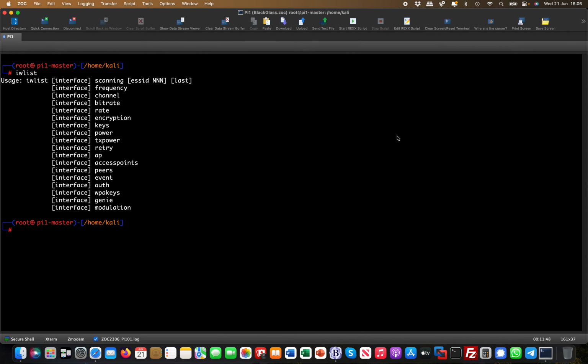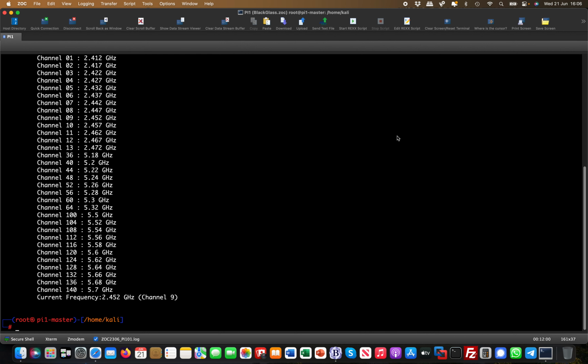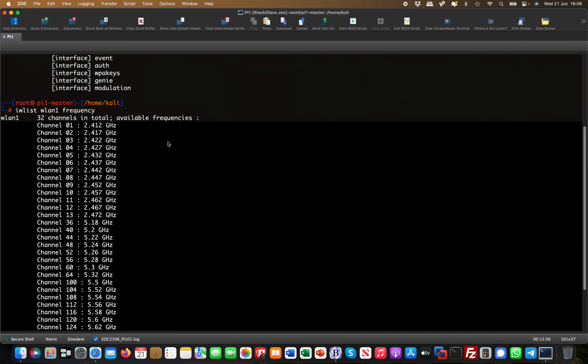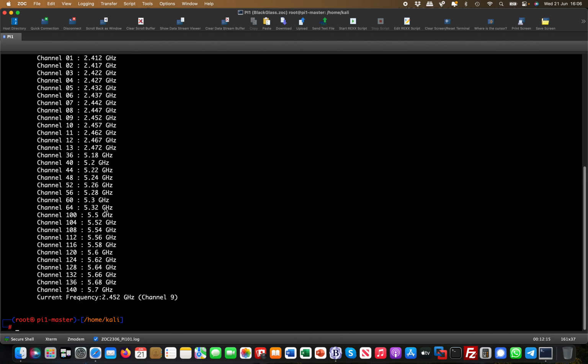So you can simply run iwlist, and for example say iwlist wlan1, which is my wireless adapter in this case, and then I say frequency. And that gives me the capabilities of this specific physically plugged-in wireless card. As you can see here, it is certainly able to operate in 2.4 gigahertz, so you see all these channels up to 13. But you can also see channel 36 all the way through to 140 is possible, and that's the 5 gigahertz range. So this is a clear indication that my wireless card is dual band